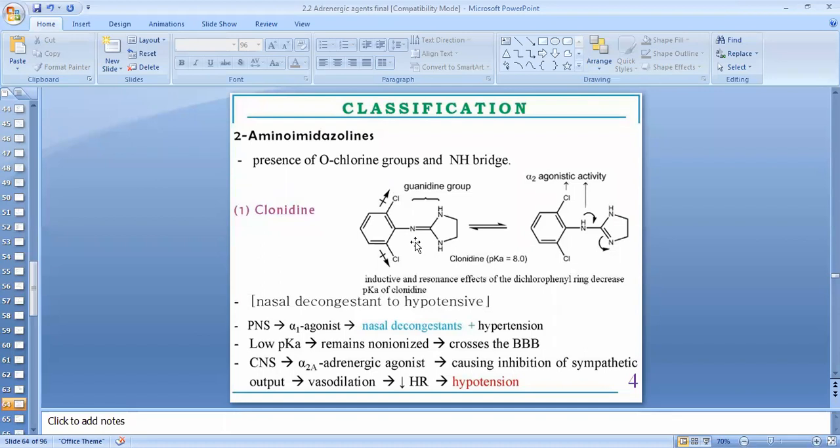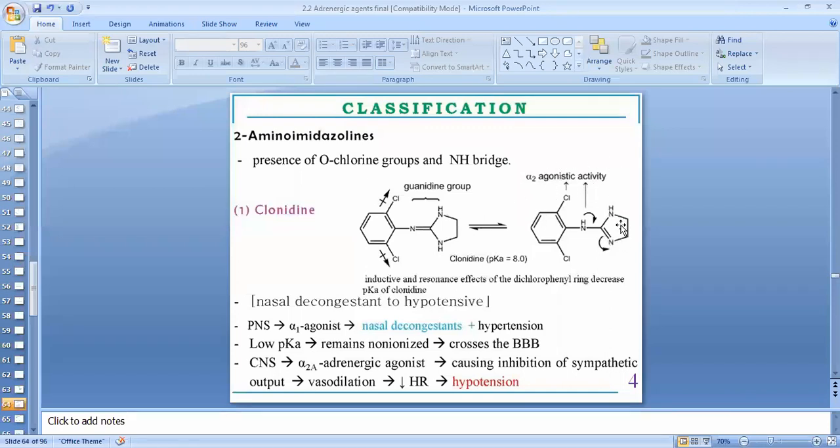So the name of the drug which is going to give these type of actions, that is presence of imidazole ring, nitrogen bridge, and this nitrogen will attach to the aromatic orthochloride substituted ring. So the name of the drug is clonidine, which is going to give alpha 2